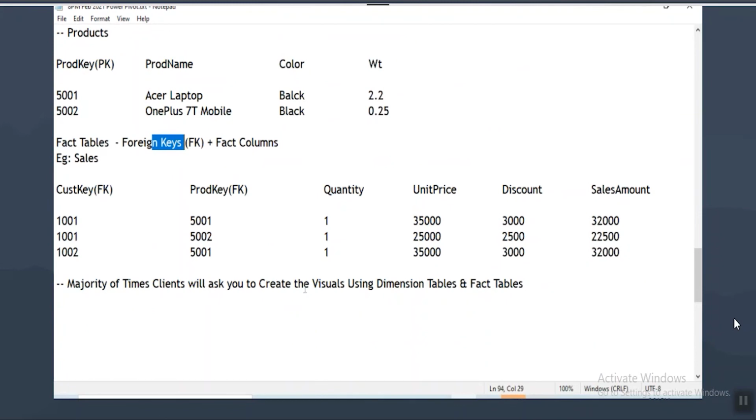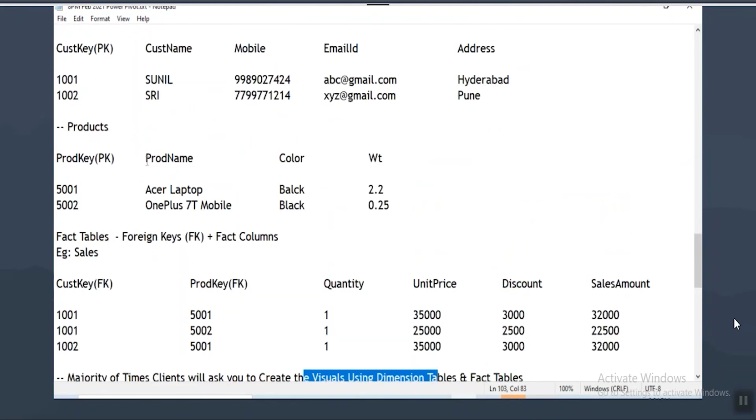So in the visuals, they'll ask to show dimension columns as well as fact columns. Whenever you need to show dimension columns and fact columns,